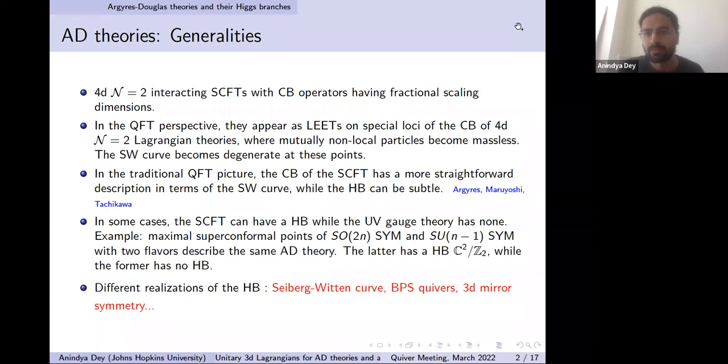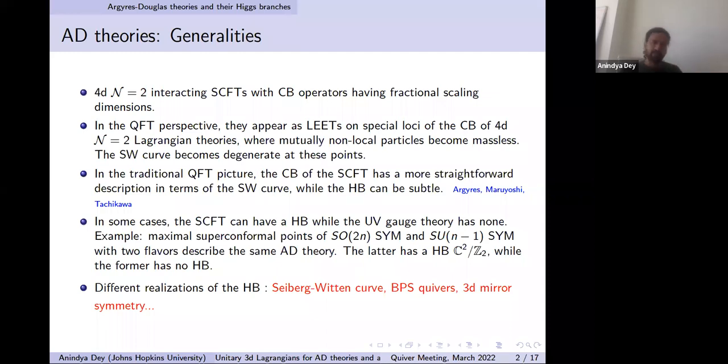So what I was saying is that in the traditional QFT picture, the Coulomb branch of the SCFT has a more straightforward description. You can zoom in on a certain area of the Seiberg-Witten curve, look for the relevant deformations around that point, and you end up with the corresponding Seiberg-Witten curve for the Argyres-Douglas theory. But the Higgs branch of the same CFT can be a little subtle. So, for example, we know that